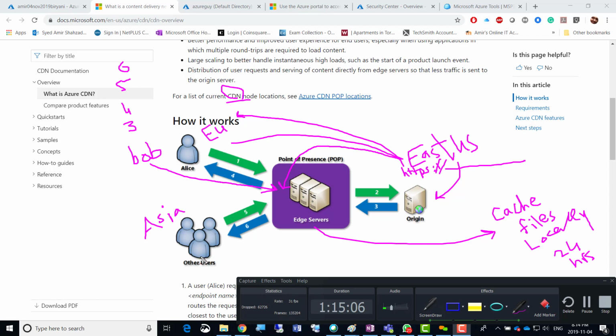So same with Asia: if the first user has clicked that HTTPS link, the file was not there on their nearest edge servers or POP servers. So the file was retrieved and downloaded to the nearest edge server for the first user, and then for the second user, the first user it was delayed, the second user it was really fast because the file was already there, and the third user too. Now one more thing about CDN is that suppose for 24 hours